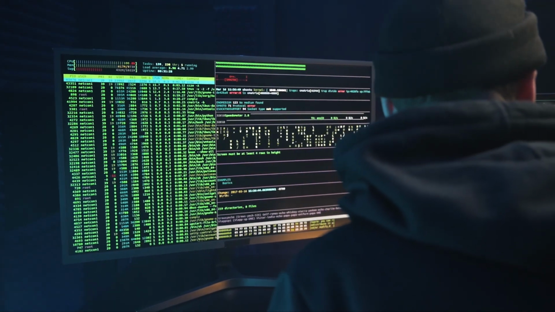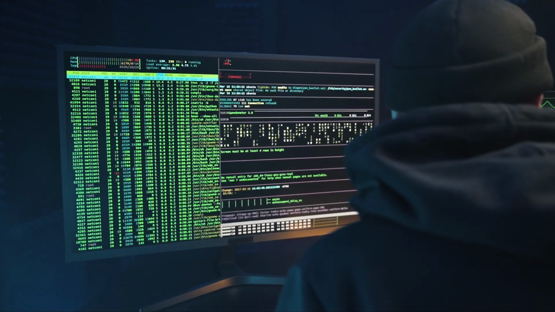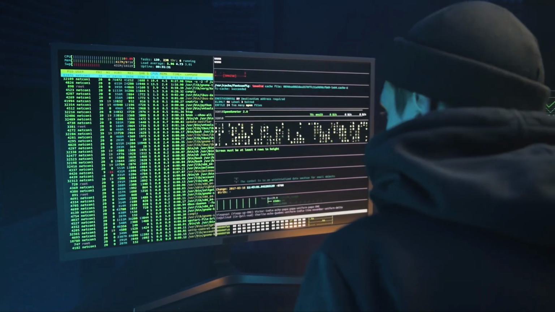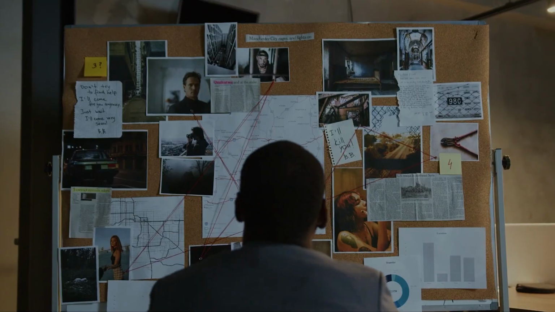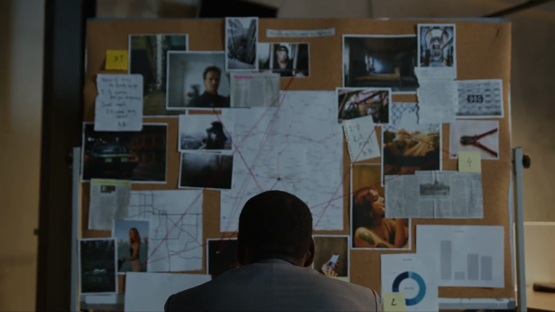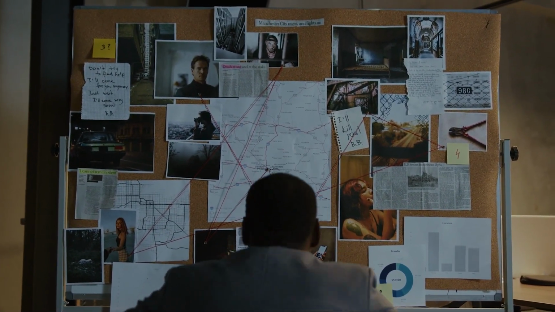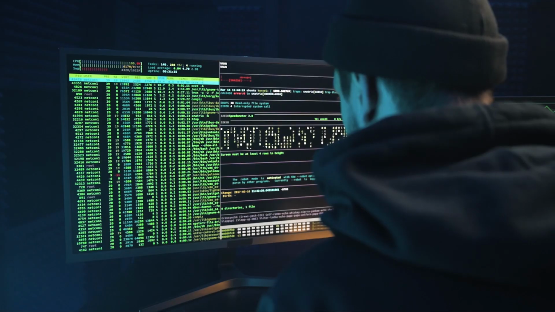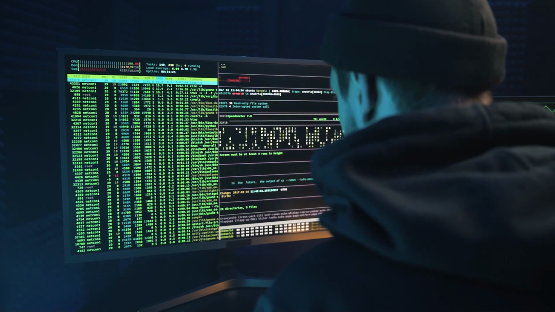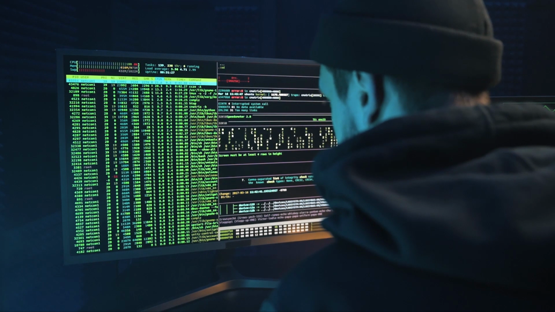With that being said, let's talk about today's video. Today, we are diving into the scanning phase of penetration testing. In our previous session, we covered the information gathering phase, which is the first stage of ethical hacking and penetration testing. Now we are moving on to the second stage where we will scan our target to gather more in-depth